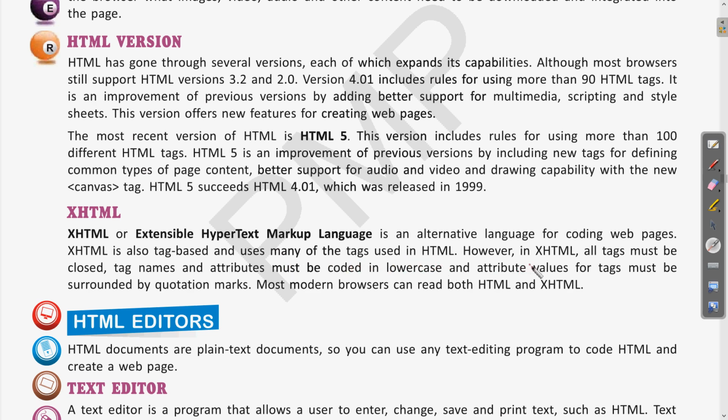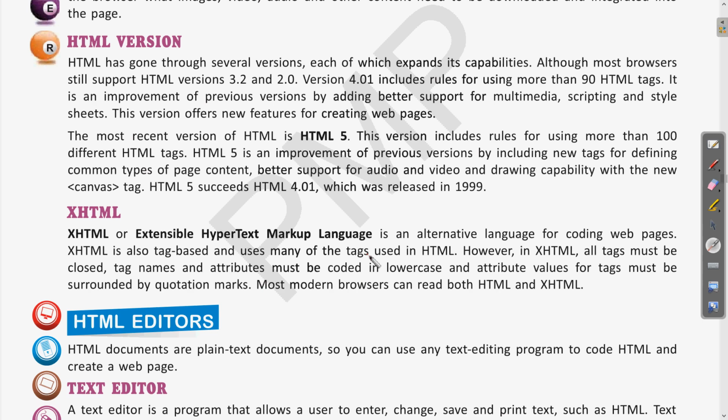This is also tag based and uses many of the tags which are used in HTML. However, in XHTML, all tags must be closed. Clear? Then tag names and attributes must be coded in lowercase, and attribute values for the text must be surrounded by quotation marks.